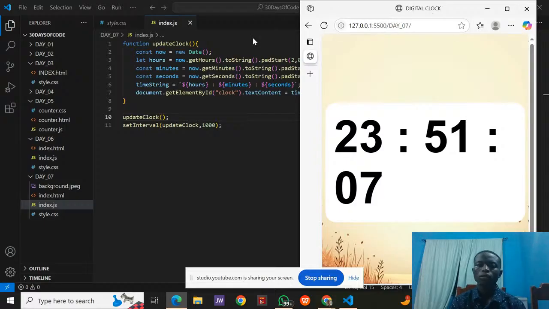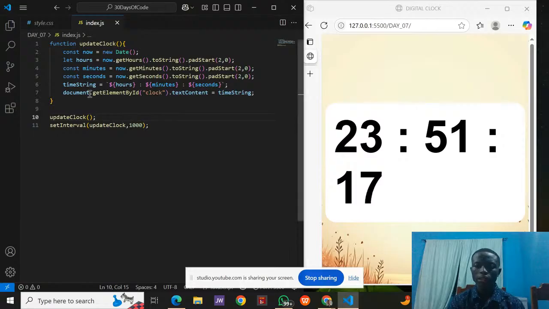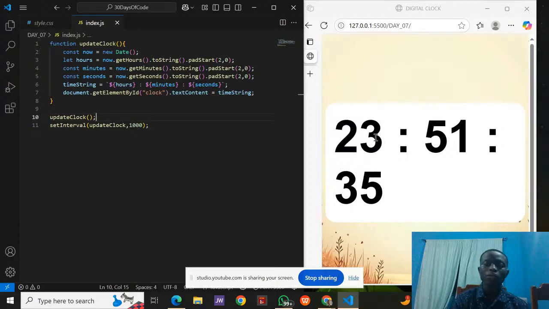Very good. So with this, our clock is now working perfectly fine. The next adjustment that I want to make is in the hours. Because if you notice now, we have 23 hours, 51 minutes, 20-something seconds. But I want to rearrange this so it displays in meridian. Before 12 noon, it should display in anti-meridian, and after 12 noon, it should display in post-meridian,